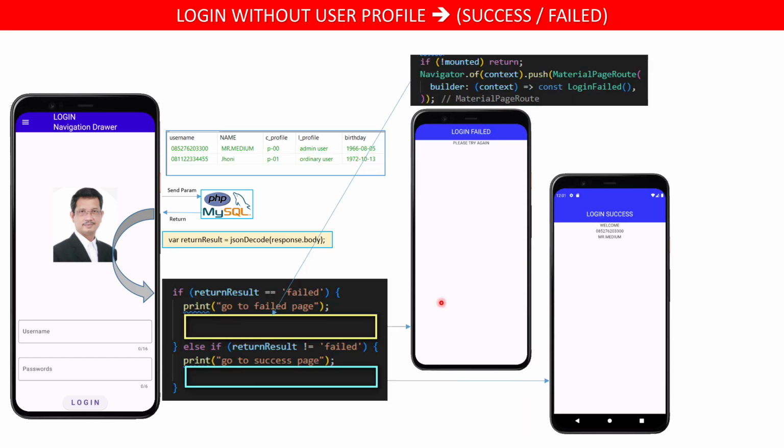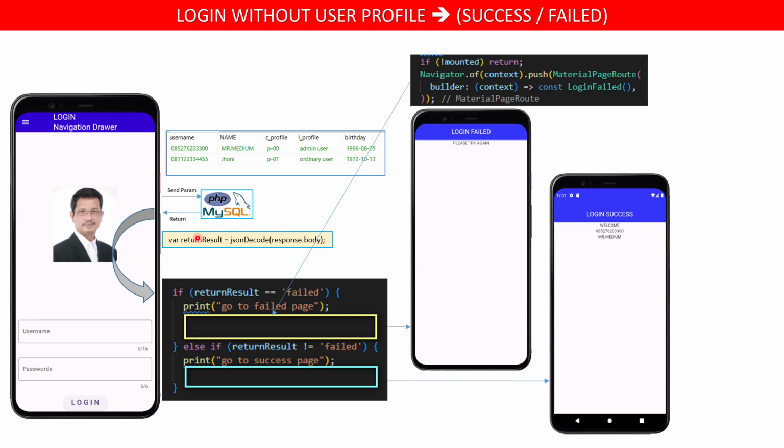How to do that? This is the front end in Flutter. Before we make Flutter go to the login fail page or the login success page, the script will analyze the return result.